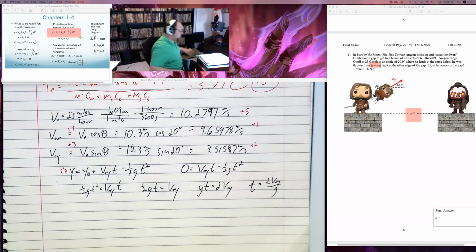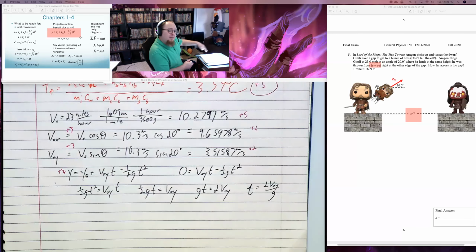The secret for the projectile motion problem, which I didn't say out loud and I should have, is always going to be whichever thing you know more of, use it to get t, and plug it into the other. I knew y here, so I'm going to use y to get t and plug t into x. If I go the other way, if I give you x and ask for y, use x to get t and plug t into y.